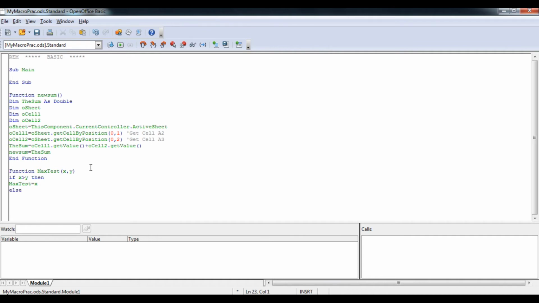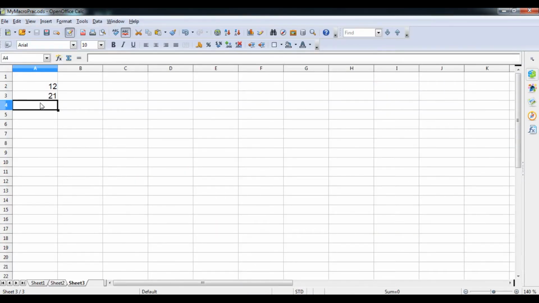Otherwise, in the else part, MaxTest equals y, and then End If, and at last End Function, student. So I'm going to save it, and now I'm going to minimize it.